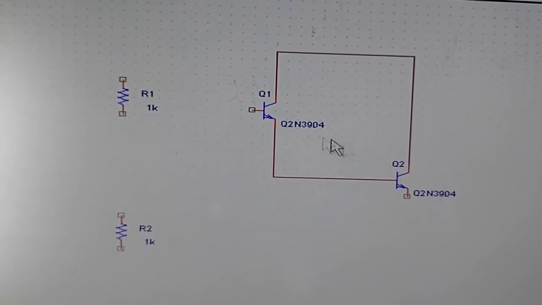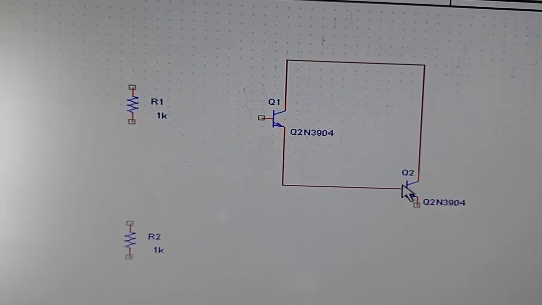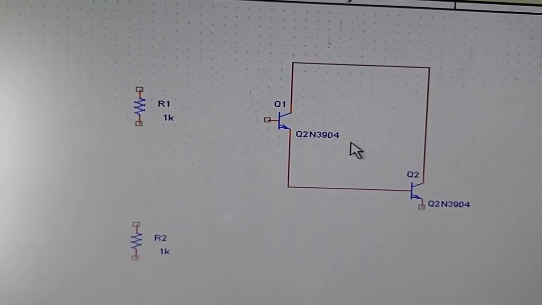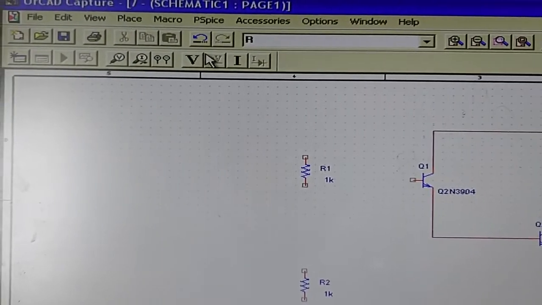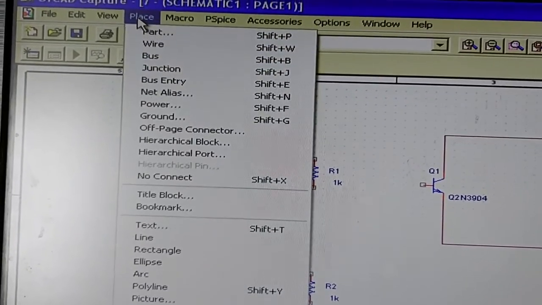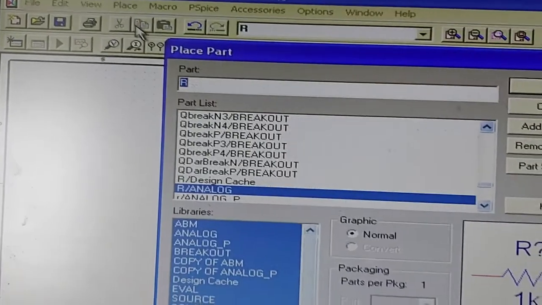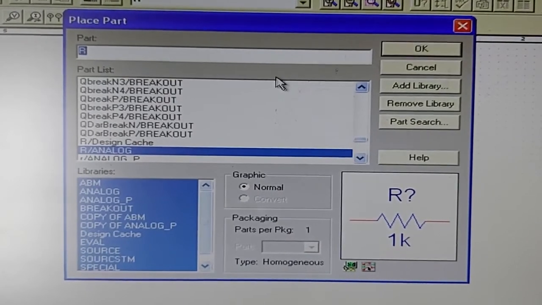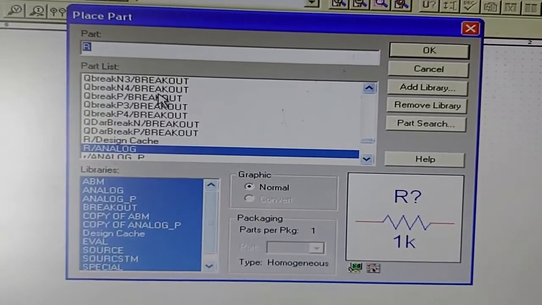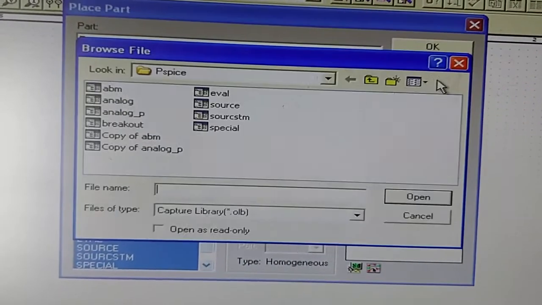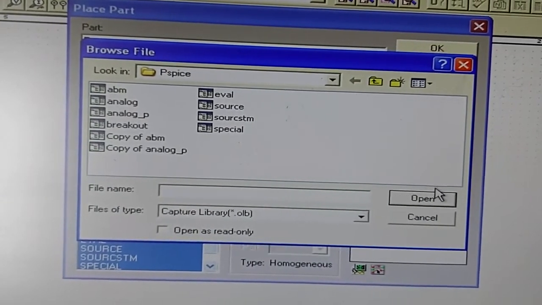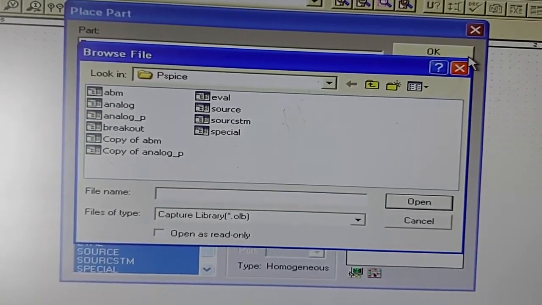I have initially placed the two transistors Q2 and 3904, and this is taken from this option, place, part. Ideally we need to select all of these and add all the libraries that are present. We just need to select everything and give open.